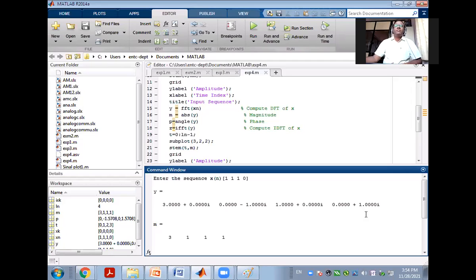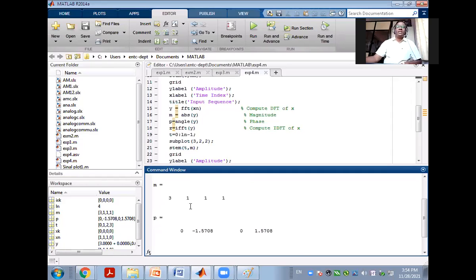Yes, sir. 3 minus J, 1 plus J. Magnitude काय आता? 3 1 1, right? Yes, sir. And its phase we got it as 0, minus 1.5708, 0, 1.5708. The IDFT same sequence. Okay. बराबर.